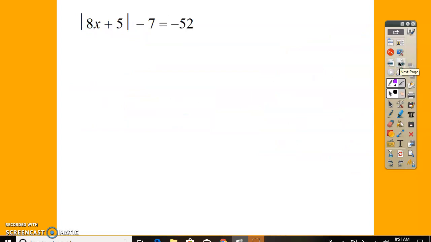So here I have the absolute value of 8x plus 5, and then -7 on the outside of it equals -52. So again, yes, our answer here is a -52. However, we can't make a judgment call until the absolute value is isolated. So I need that absolute value of 8x plus 5 to be by itself first. In order to do that, I have to get rid of this -7. The -7 is being subtracted, so I'm going to add 7 to both sides here in order to move it over. So now I get the absolute value of 8x plus 5 equals, and I'm taking -52 plus 7 is going to give me a